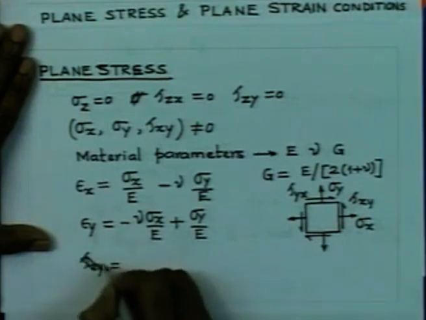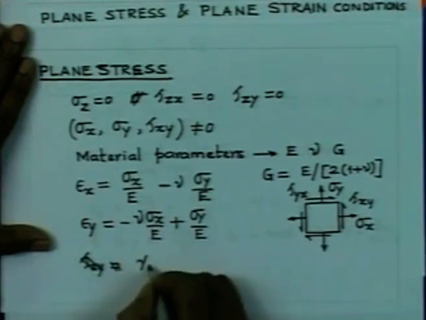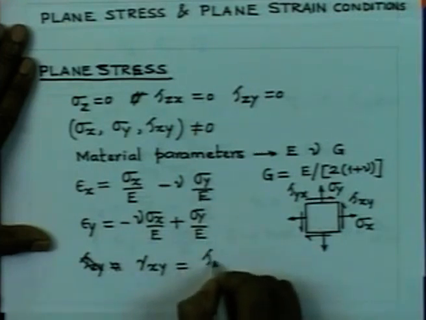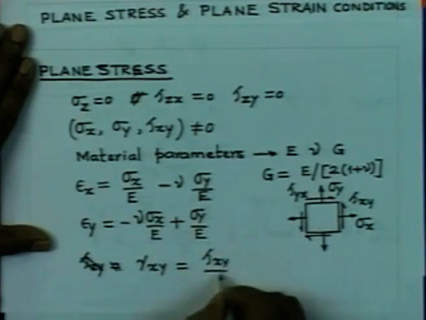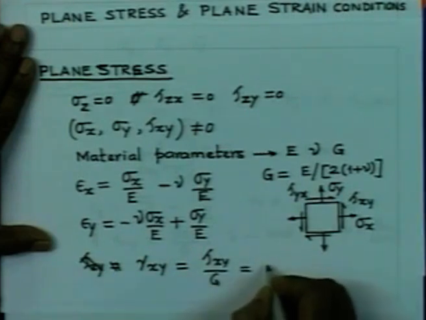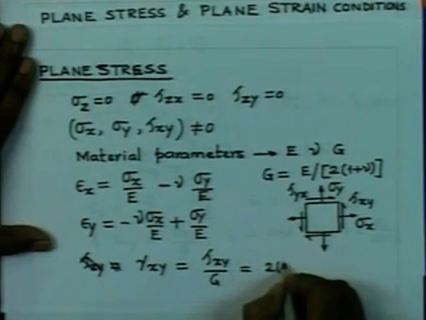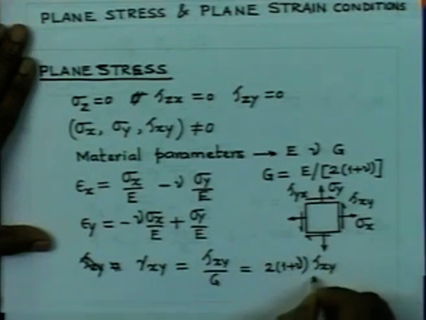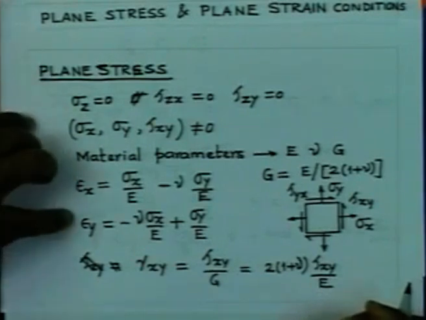So, therefore, the shear strain, which we represent by gamma x y, is nothing but tau x y by G, and this is nothing but 2 into 1 plus nu multiplied by tau x y by E. So, these are the three strain components